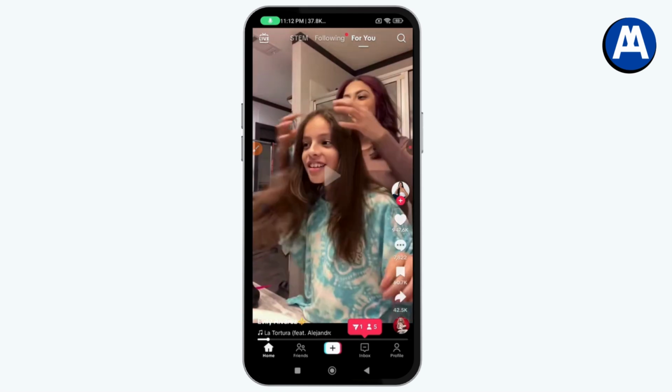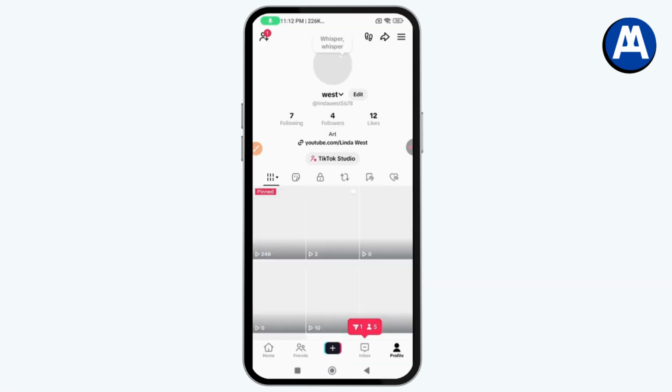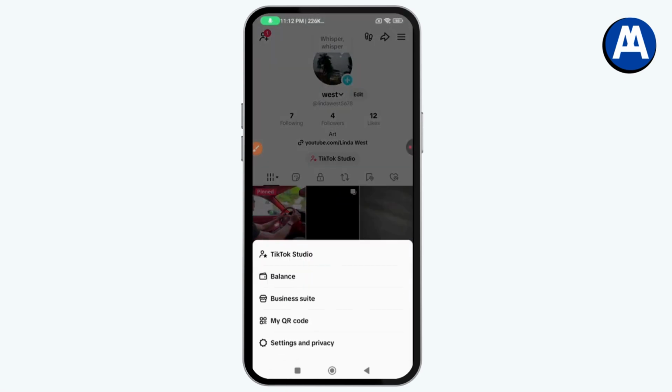After opening your TikTok, you need to go to your profile, which is on the bottom right, and then go to the upper right, which has those 3 horizontal lines. And from here you will have creator tools. So you just need to simply go with the creator tools, or you can also go with TikTok Studio, which